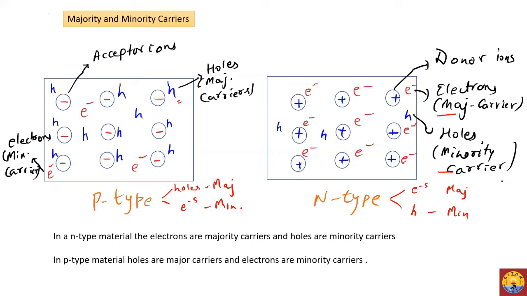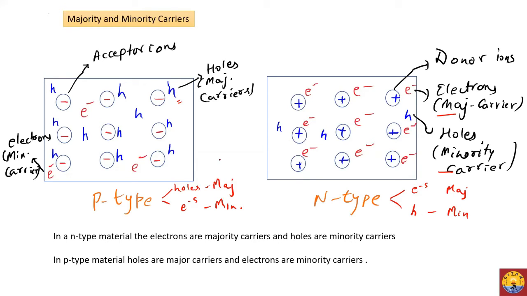Okay, so these two are clear. P-type and n-type, we should not confuse the ions or the majority and minority carriers. If you remember at least one, automatically the other one will be easy to remember. If you remember n-type, you should know electrons are the majority carriers, holes are the minority carriers, and there are positively charged ions present in the n-type semiconductor.